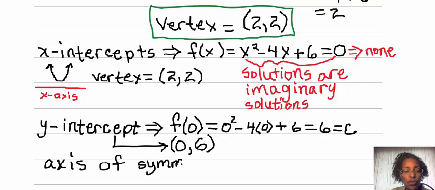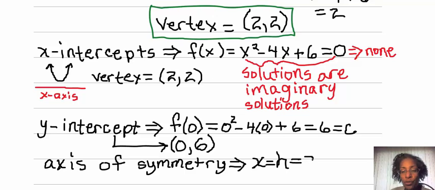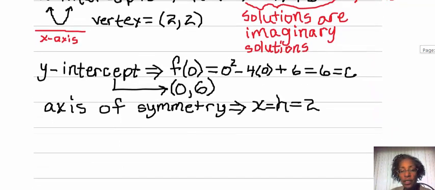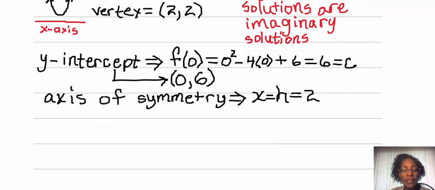The axis of symmetry for a parabola that opens upward or downward is always a vertical line whose equation is x equal to whatever our h is. And in this case, h was 2. So our axis of symmetry is the vertical line x equal to 2. So let's